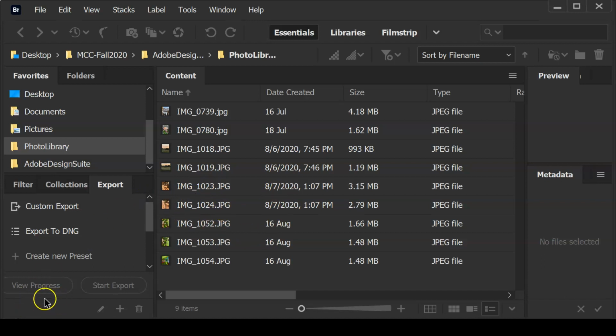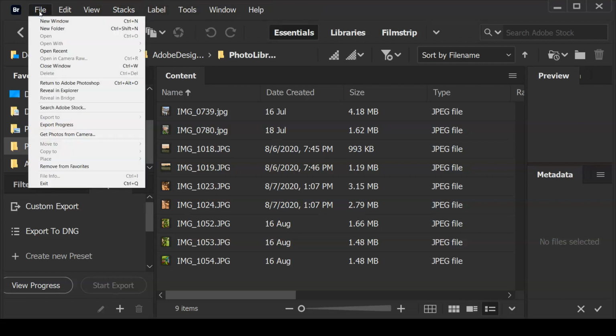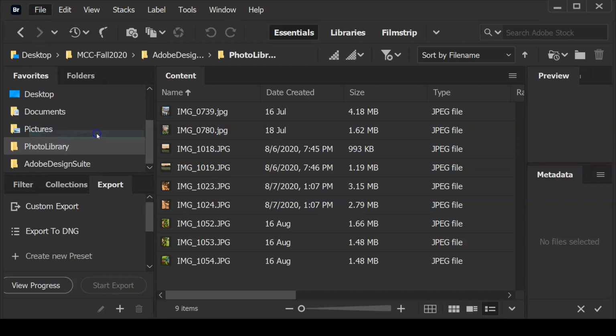We all have lots of different devices now that we can take pictures and videos off of, so a good way to upload images off of your device in Bridge, you can go up to the File menu, Get Photos from Camera. You would want to plug your phone or your camera or whatever device you're using into your computer and wait for the